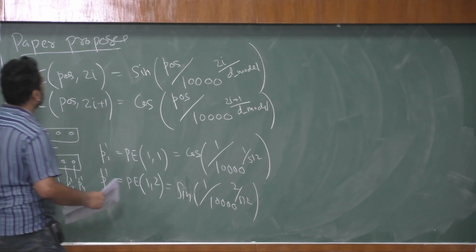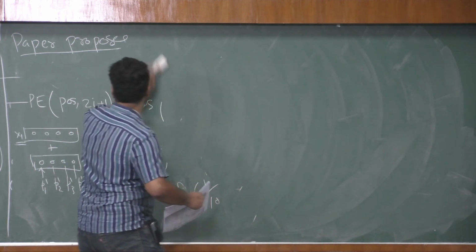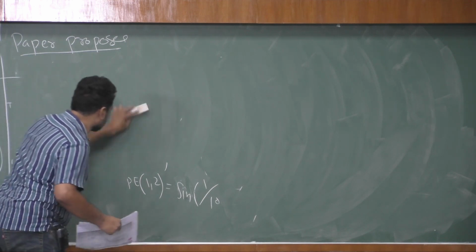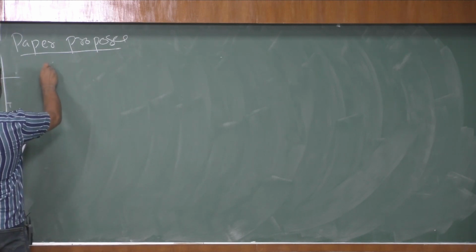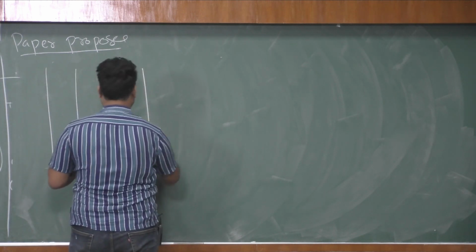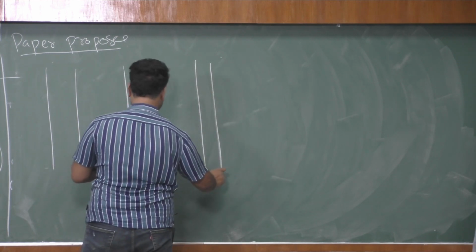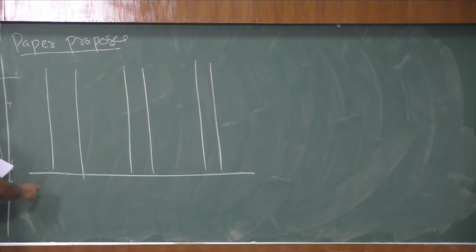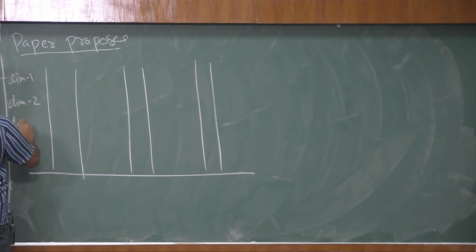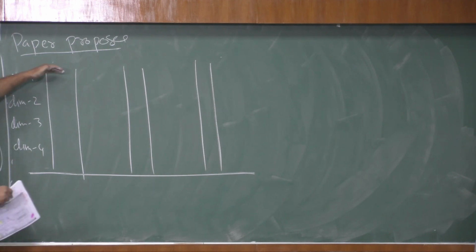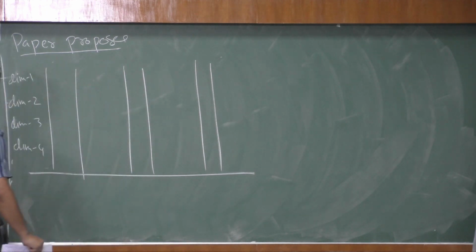So I can show you a sketch of a plot. After positional embeddings, what might happen is that this is, let us say, dimension 1, and this is dimension 2, dimension 3, and dimension 4. By dimension we mean the x values: the first entry of the x value, second entry of the x value, third entry of the x value. Okay, so